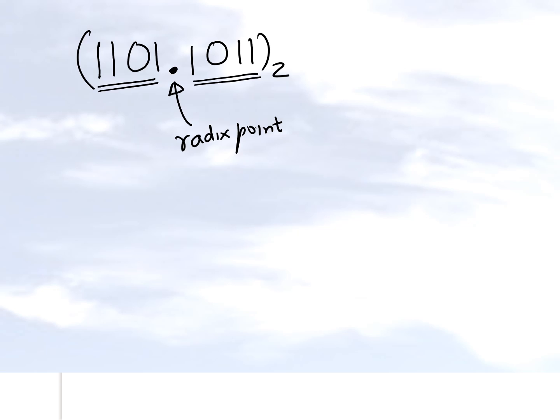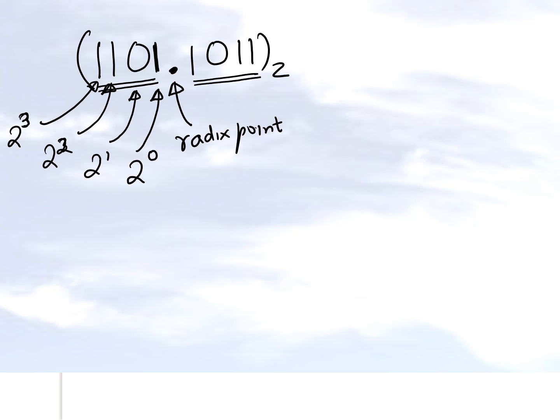But what's now different is only this: if you look at this number 1 here, this corresponds to the power 0. The place for this one is 2 to the power 1. So just the base is different. This is 2 to the power 2, and this place here is 2 to the power 3. And if you look at this one, this is 2 to the power minus 1. This place is 2 to the power minus 2. This place is 2 to the power minus 3. And this place here is 2 to the power minus 4. So only the base is different. Everything else is still the same.